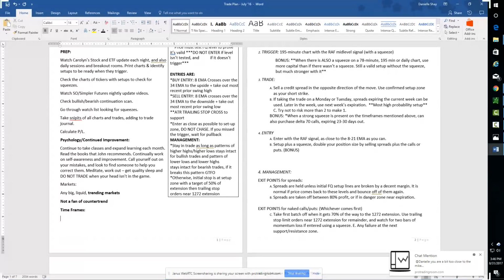Okay, great. All right, so like I was saying with time frames, I don't think that it really matters what time frame you're trading. It just matters that you're consistent with it and that it fits with your life and with your schedule. Like I was just saying, I generally am only in a trade a few days. I really don't do day trades. So I stick with usually the daily chart, 195-minute chart, and then the 78-minute chart.